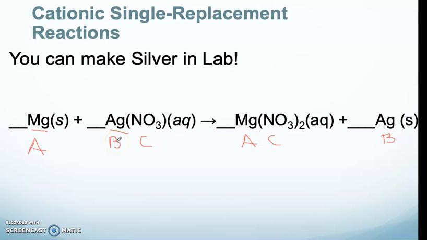So once you finish it, you got to balance, so we want to balance it. So we're going to balance the nitrates first. There's 2 nitrates on the right, 1 nitrate on the left, so I'm going to place a 2 in front here for the coefficient. Okay, the magnesiums are 1, and the silver has 1, but we need to place a 2 over here to balance out the silvers. Okay,